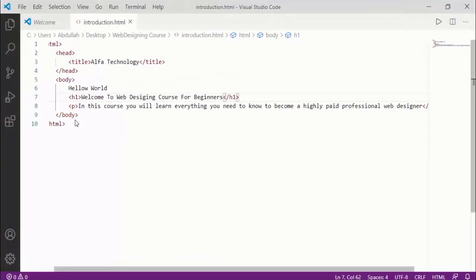The main thing that you need to remember is that you must create your HTML file with the extension .html. After typing the name of your file, you need to type .html. Otherwise your page will be a text file, it will not be an HTML file, so it will not show anything in the browser.